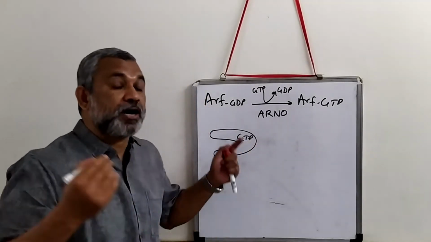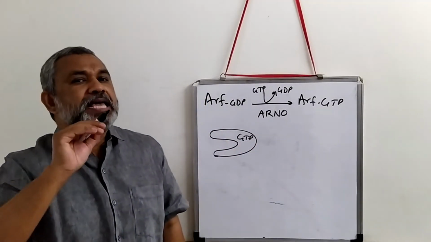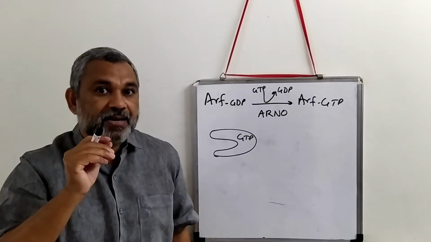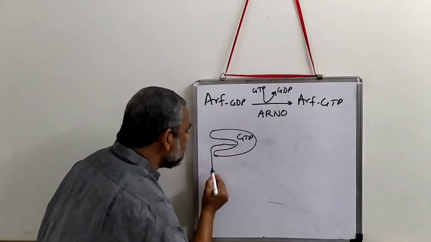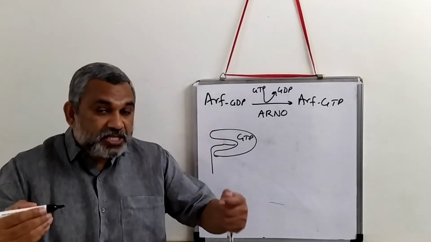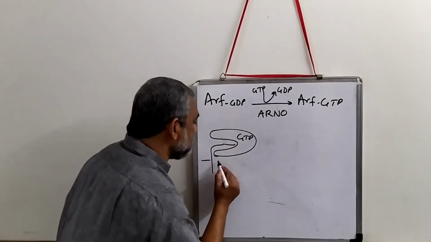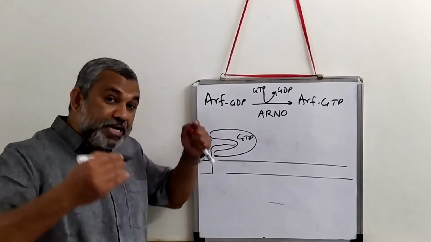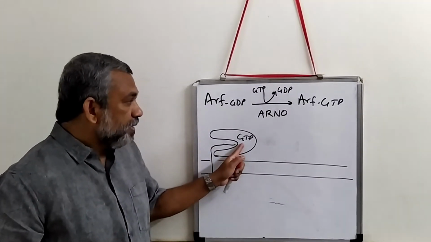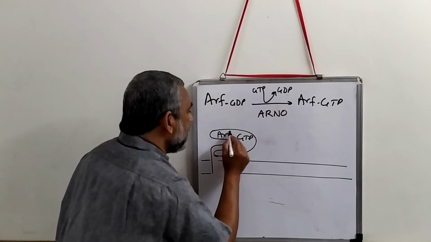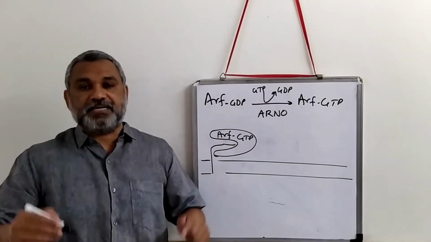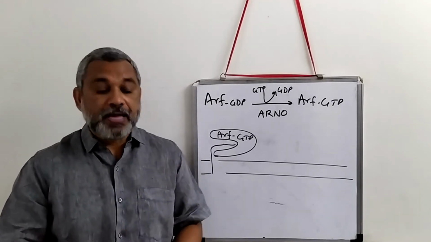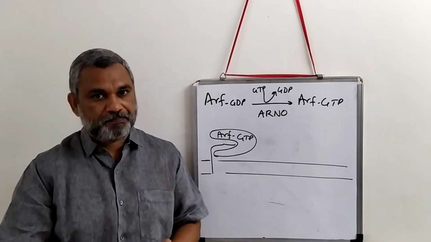So GTP is bound, a conformational change happens, and the alpha chain slowly opens and releases a site, so the myristic acid binding site is open. The myristic acid, this is the myristic acid, is now binding to the membrane. The myristic acid is now anchored. This ARF GTP is now anchored. This is the first step in formation of the Clathrin coated vesicle.